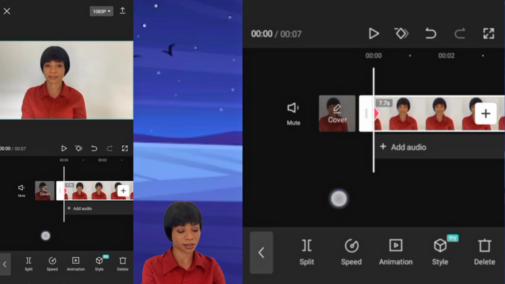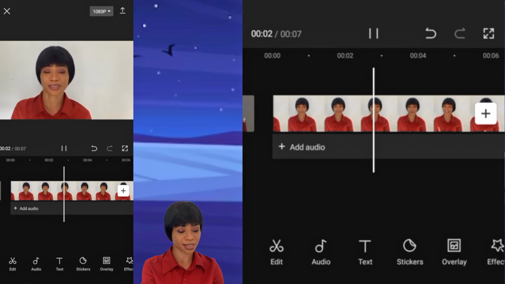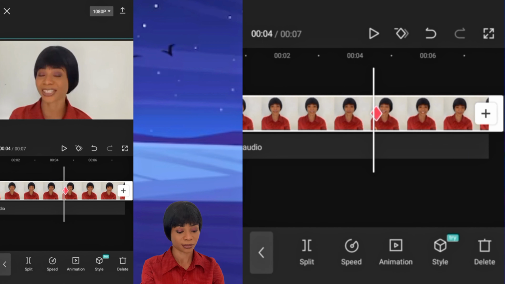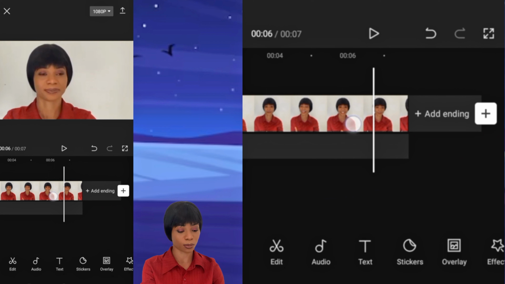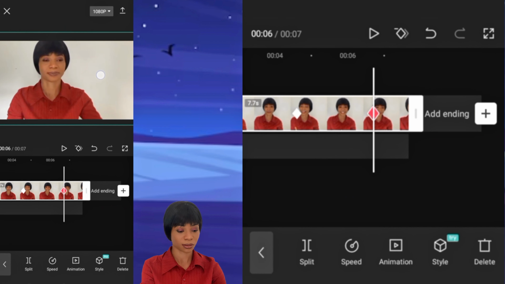Now let's see the effect. You can see the effect. The image is zooming in. Then towards here, I want it to zoom out. So